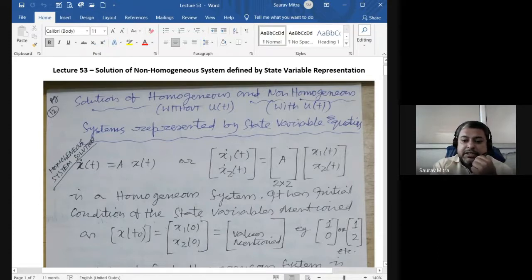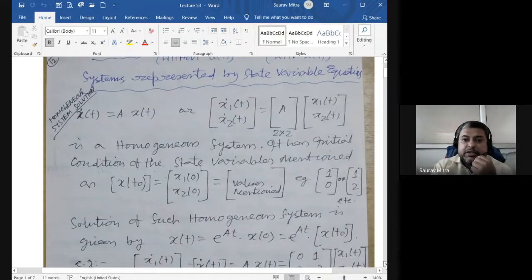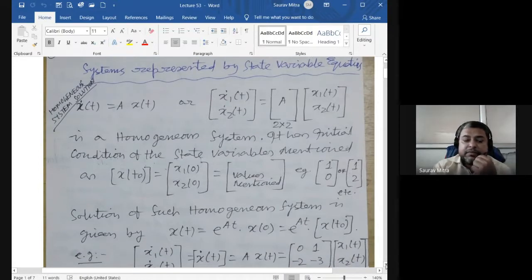We are going to see initially the homogeneous system. There is no forcing function. That means there is no external input. Whatever x1t and x2t we get after solving this x1 dot t and x2 dot t state variable homogeneous system, that is the solution. So what is meant by solution of state variable? x dot t is equal to axt is given. From there you are finding the x1t and x2t equations. That is what is called the solution of state variable.